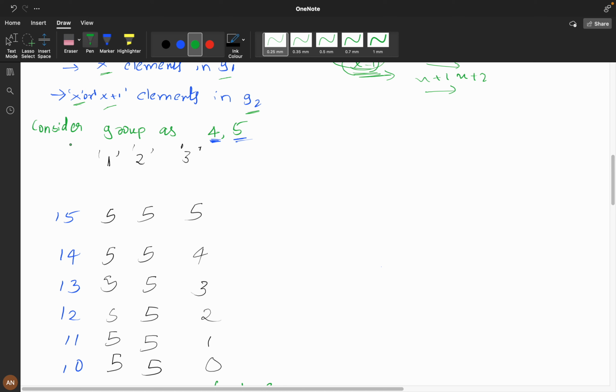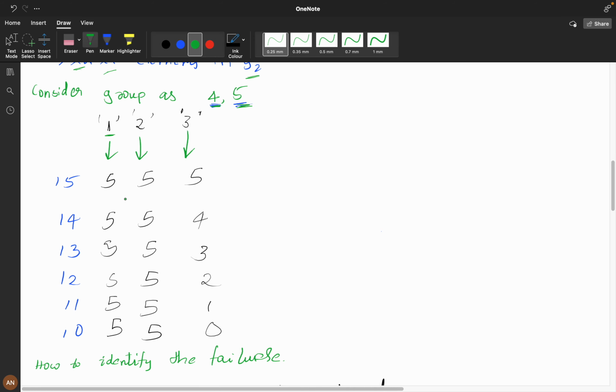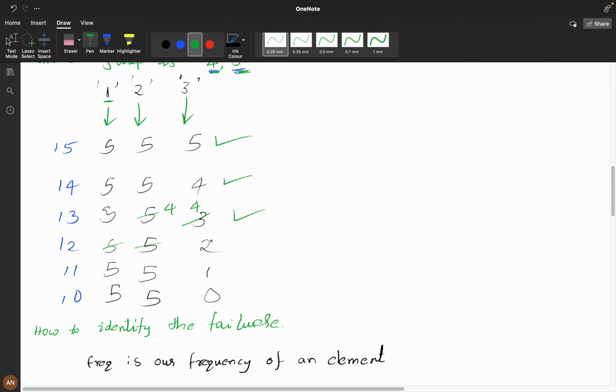So first, if you see this, consider group as 4 and 5. We are taking X equals 4 and 5, and if we are seeing 1, how many times did it occur? 5 times. 2, these all are my frequencies. You can consider this as frequencies. If you see here, in this group I have 5 elements, 5 elements and 5 elements, then this will satisfy my condition. 5, 5, 4, yes, it will satisfy. 5, 5, 3, I will give 1 here, so it will become 4 and it will satisfy. If you say this, I can give 2 elements from these 2 elements, so it will get satisfied.